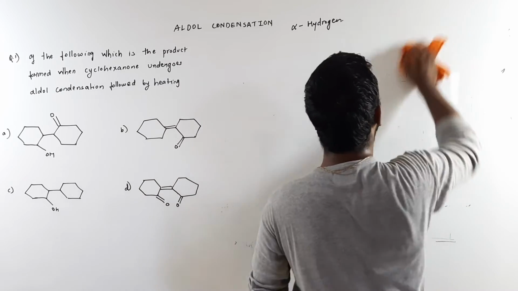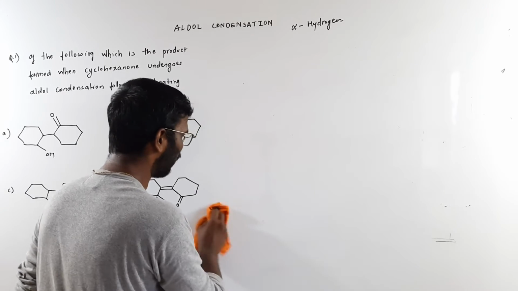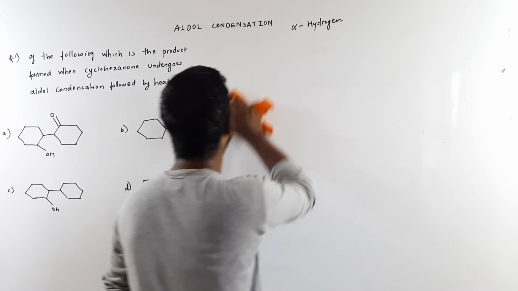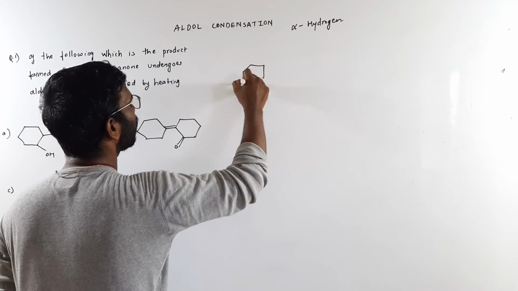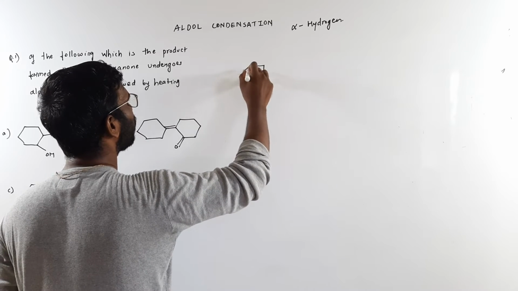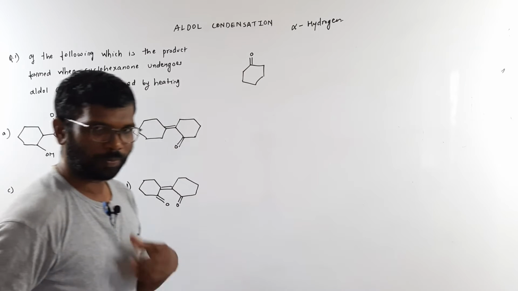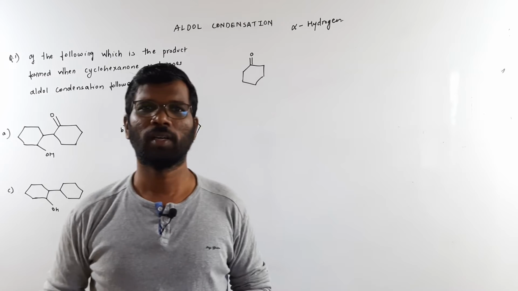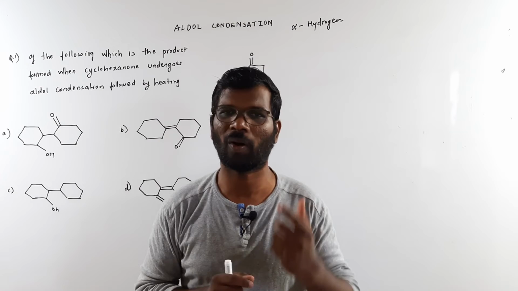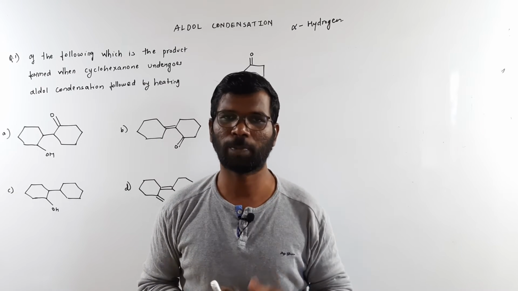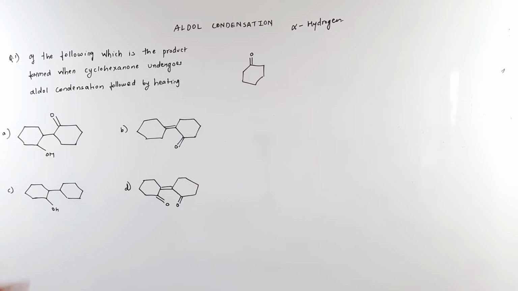This question is about a self-aldol condensation, because what they have mentioned is cyclohexanone. Cyclohexanone is this way. Now if you see over here, what did I tell you at the end of the explanation of the aldol, which we were getting as a ketol? I told you that the double bond will always be in conjugation with respect to the carbonyl's double bond, right? In which of the compounds is a double bond in conjugation?